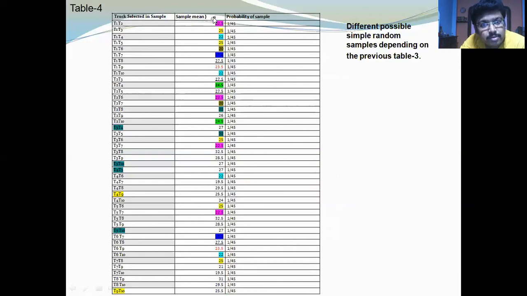Probability of getting sample mean 22.5 is 1/45. Probability of getting sample mean 25 is 1/45. In this, all the values of the sample mean have probability 1/45. Now, on the basis of the table,